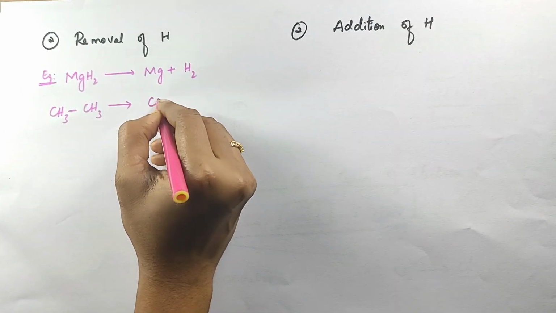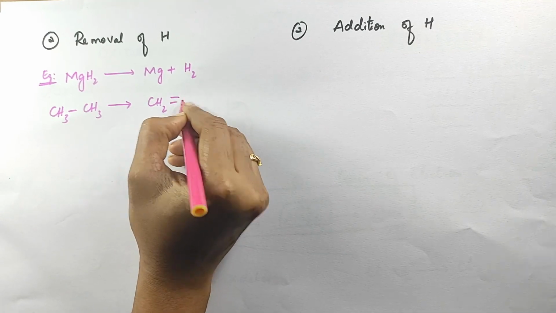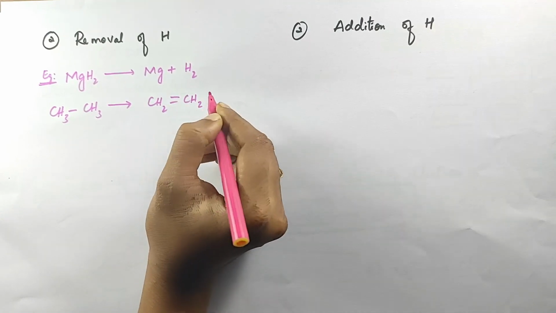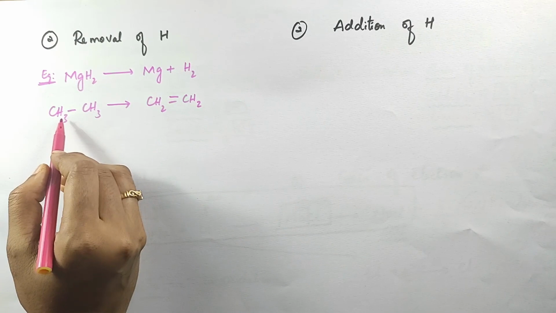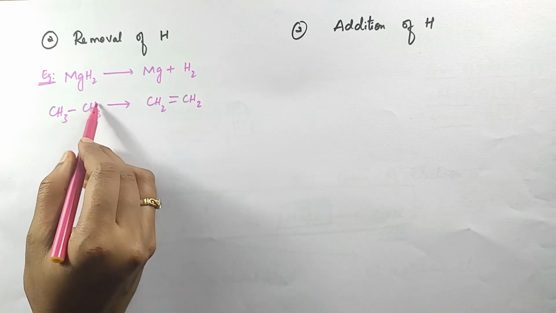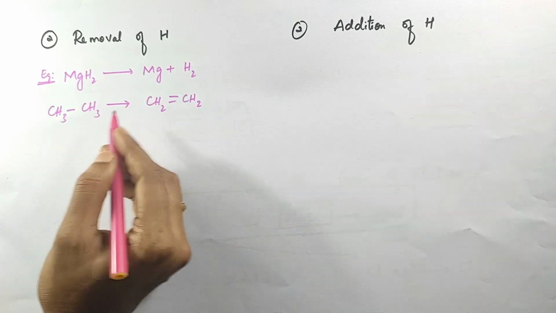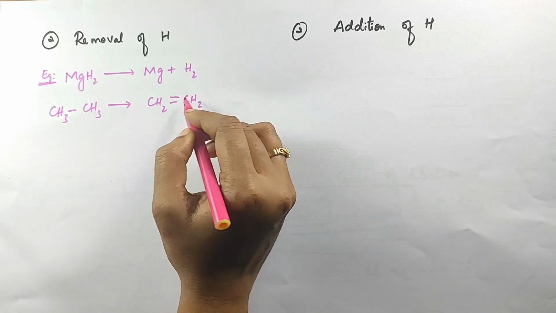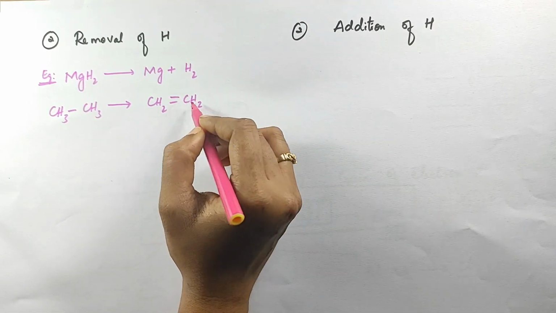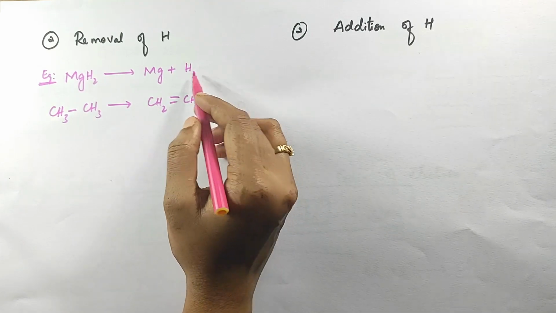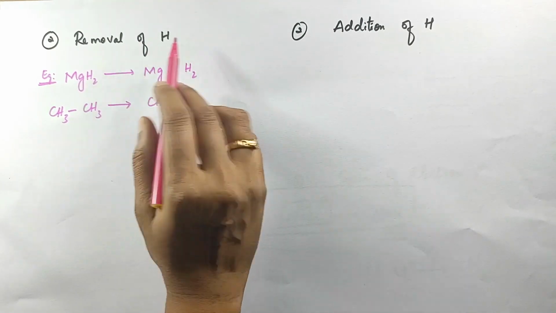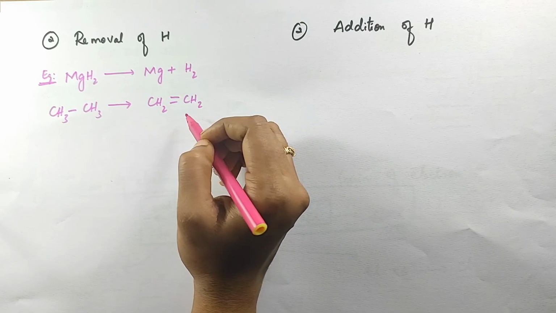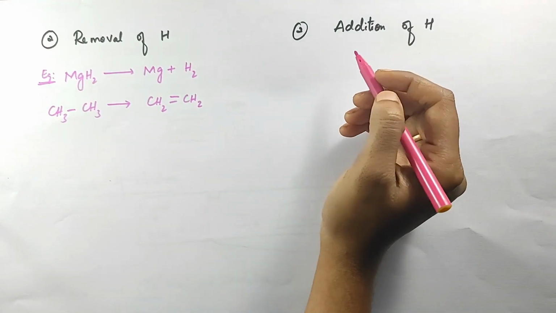It is converted into CH2 double bond CH2. So from CH3 CH3, one hydrogen from here and another hydrogen from here has been removed. So hydrogen has been removed to form CH2 double bond CH2. This is another example for oxidation, that is removal of hydrogen. So next one,